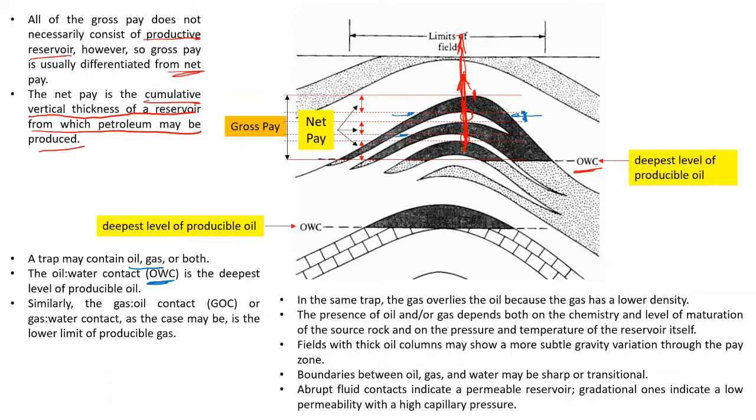Similarly, there can be gas oil contact or gas water contact. Remember that the OWC is not necessarily present everywhere. If in some reservoir there is no oil, only gas, then you may get a gas water contact. If all three are present, gas, oil and water,